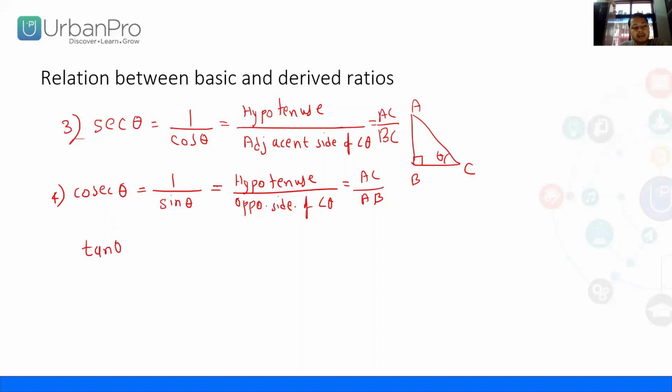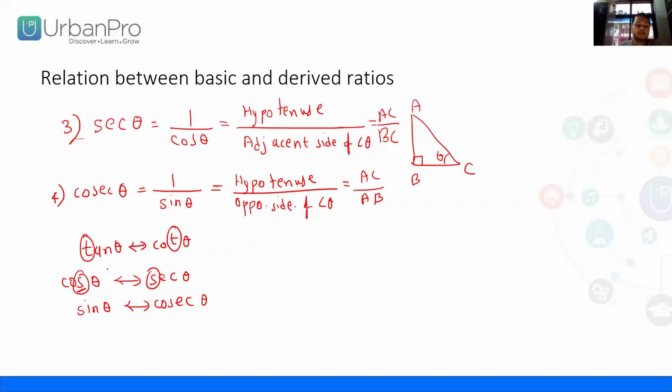Like tan theta is inverse of cot theta, right? These both trigonometric ratios have the letter t in between, so you can memorize it like this: tan theta is inverse of cot theta. Then cos theta ends with s, and sec starts with s, so these are related, and these are inverse of each other. The remaining one, sine theta, is inverse of cosec theta.